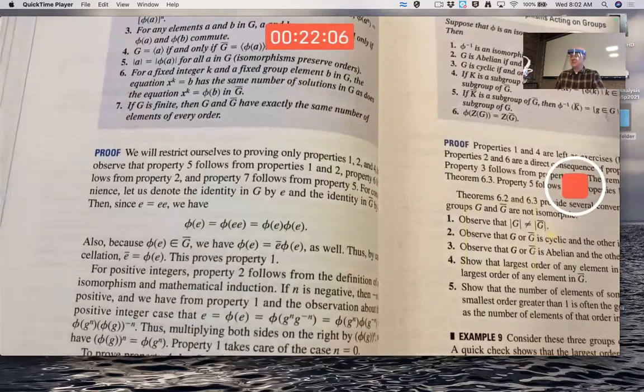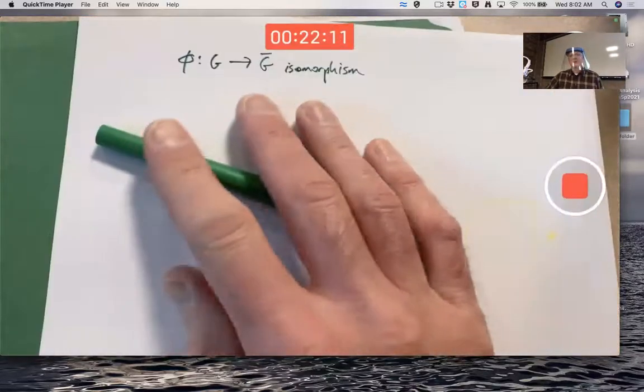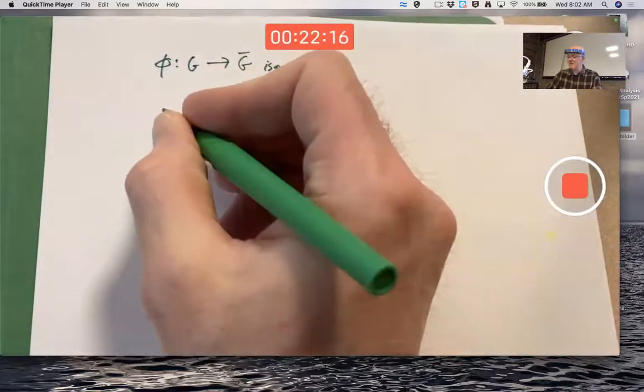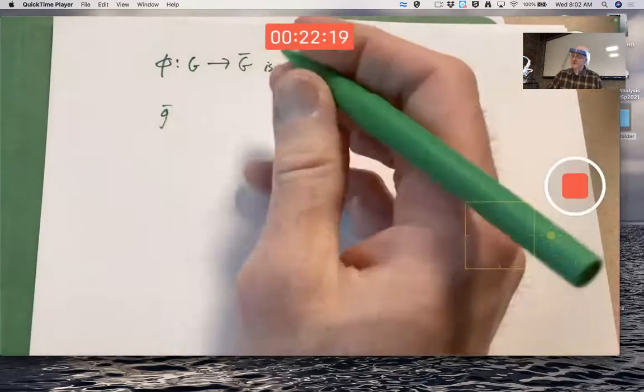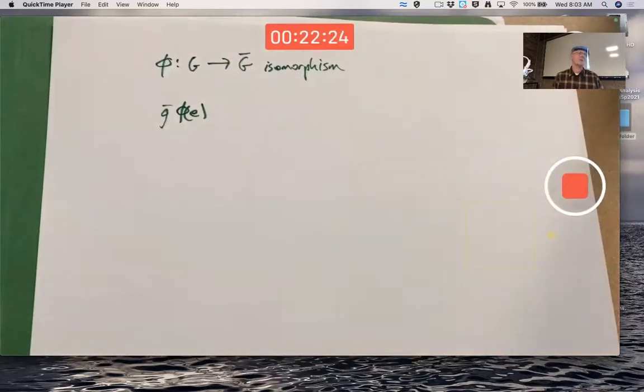My thought about proving this was not quite so slick. It's a little bit more cumbersome, but it does technically work. My thought is, okay, give me an arbitrary element in G bar, show that if I multiply it by phi of E, that I get G bar back. That was my thought. Then phi of E would have to be the identity E bar in G bar. Then the question is what to do, or how do you actually do that? Well, hopefully a little bit of thought, if you took this approach,